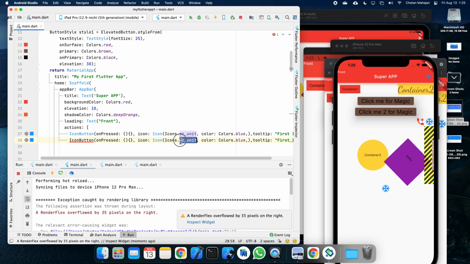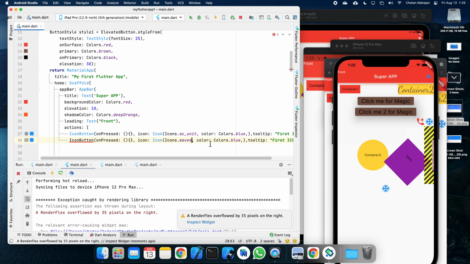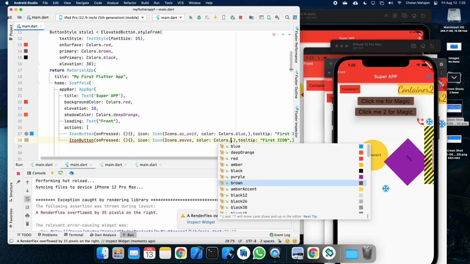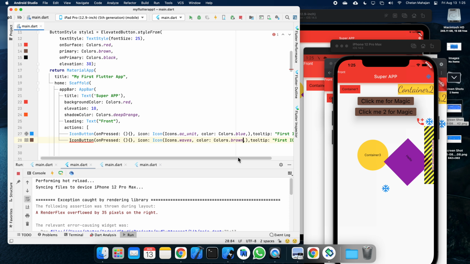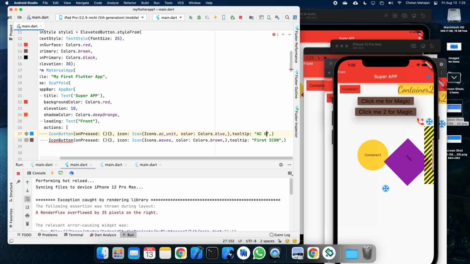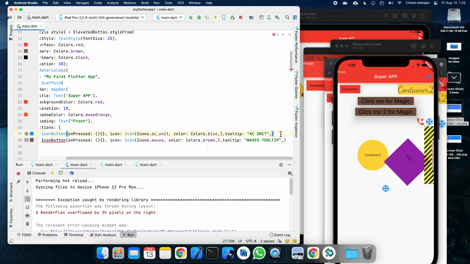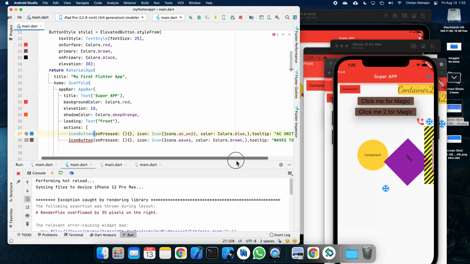So once you paste it, let's say give it a different icon this time. So Icons dot what kind of icon you want to give, let's say waves, give it waves. And if you want to change the color as well, give it a color of brown, fine. And let's say this icon is AC unit, and just to differentiate, I can give it waves tooltip. Okay, yeah, the mistake is I have not differentiated these two buttons with a comma,